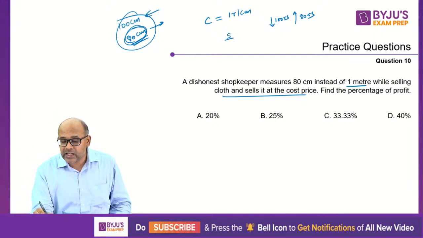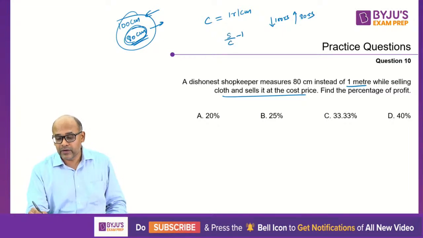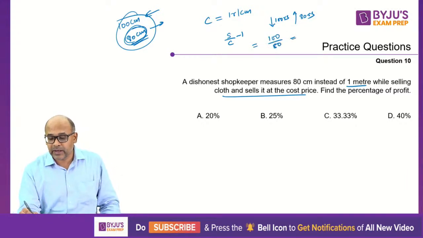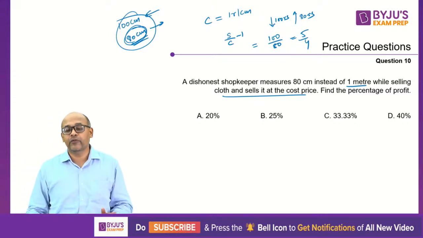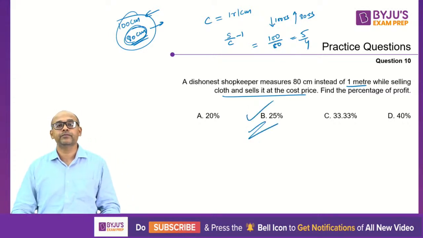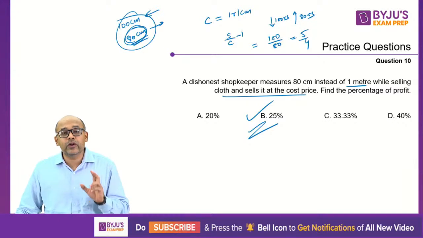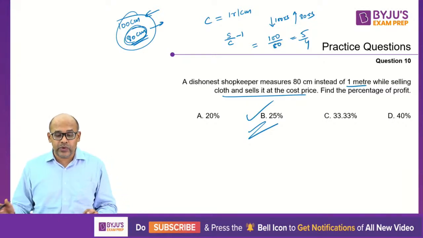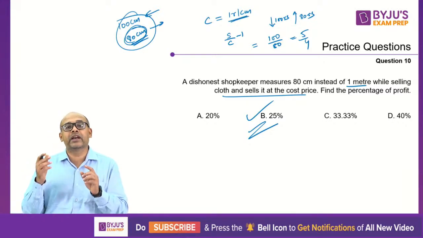So percentage is S by C minus 1. Right? So selling price is 100, cost price is 80, which is nothing but again 5 by 4. So 5 by 4 is 25%. Okay, so in dishonest shopkeeper, the best thing you can do is start with 1 rupee per gram or 1